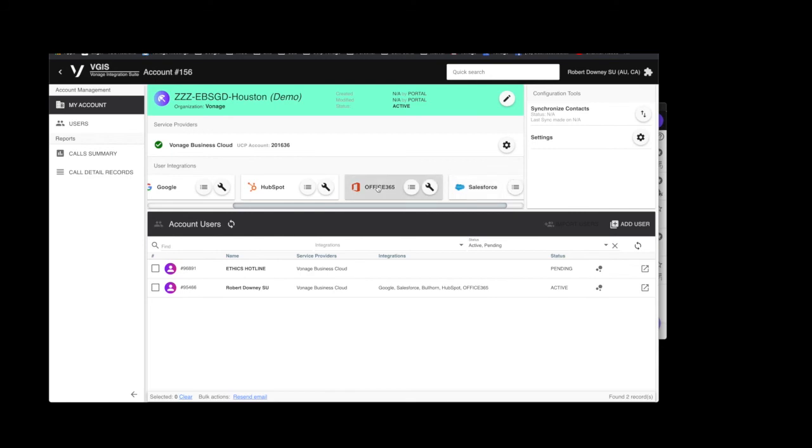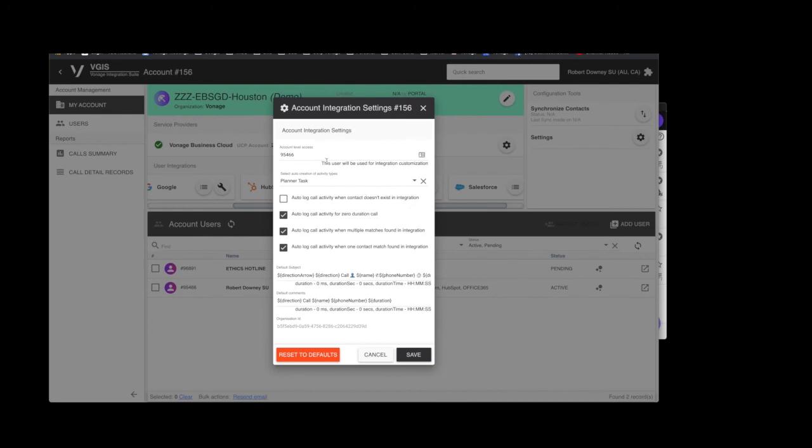So to customize the views that you see inside those pop-up windows, you have 3 distinct areas you can go to. The first you get to by clicking on the name, and this will actually show you what your default activities are. Do you want to do events or planner tasks? But I also can determine, do I want to match single activity with a matching contact? Do I want to log 0 duration calls, and so on?